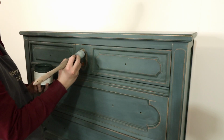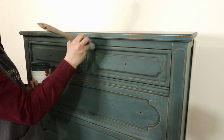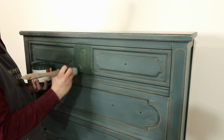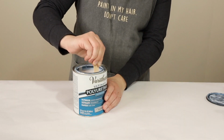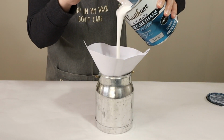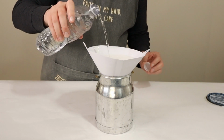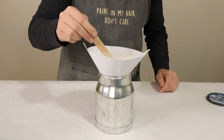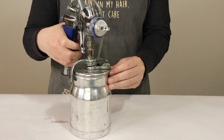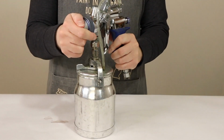And then I removed the dust and I lightly brushed some more paint on the areas that needed more paint. Then I went back to my tried and true method of top coating chalk paint. I filtered the water-based poly into my paint sprayer and added a tiny bit of water to thin it out a little bit. I like to add some water, not necessarily because my paint sprayer can't spray it, but the added water makes it so then it takes a little bit longer to dry, which helps it lay flat and